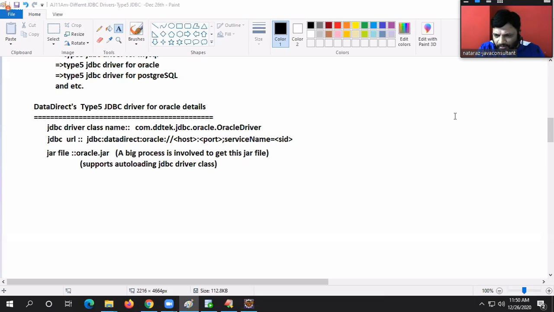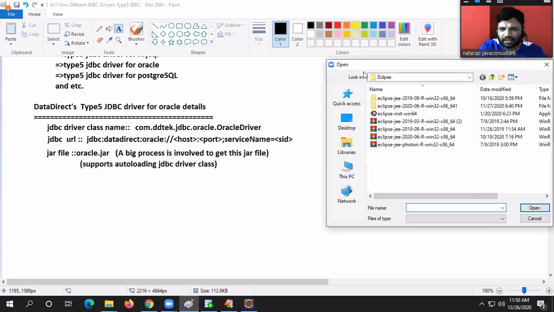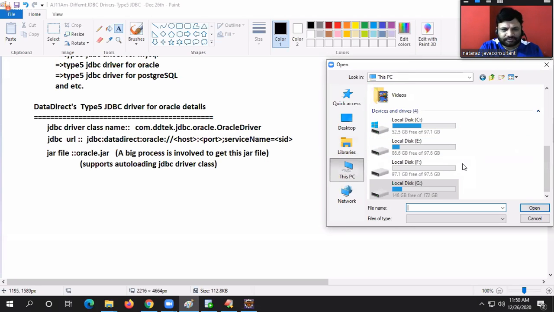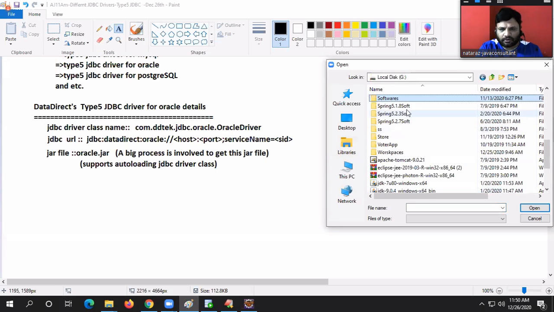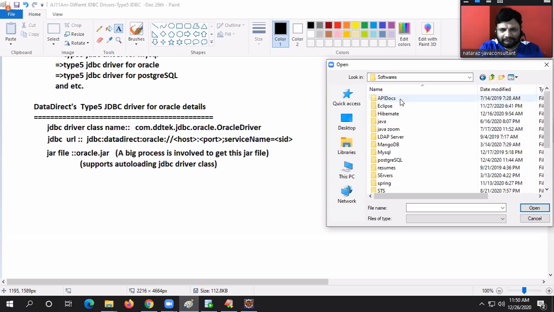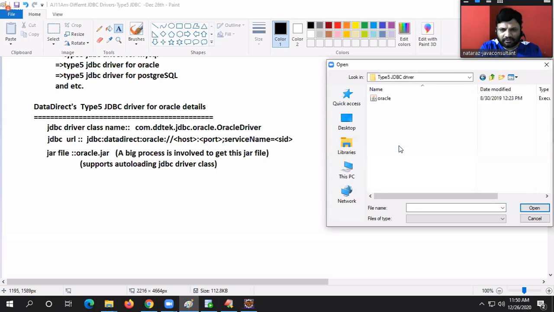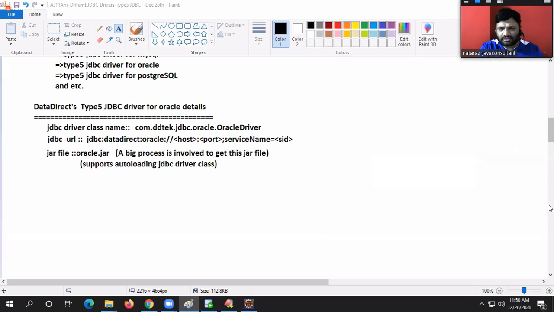File from my computer, I can give that. This PC, softwares. Then what is this? Type 5 driver jar. Check it out. It might come or not.